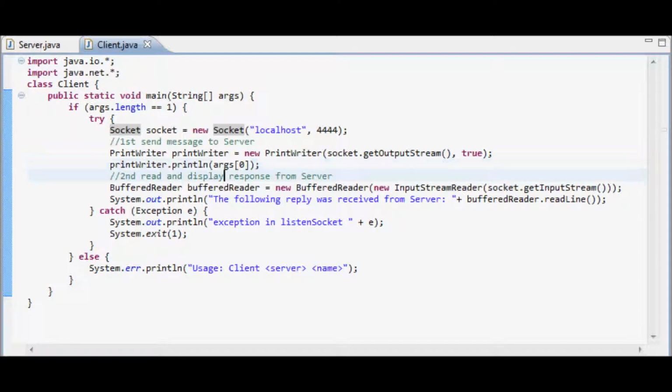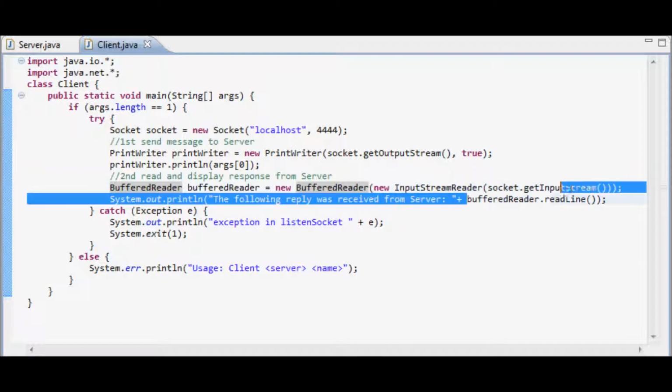And then the second thing that's going to happen here is that the client sends a message to the server. The server is going to communicate back to the client, and what we're going to do here is use socket.getInputStream, and then use that input stream instance to get an input stream reader instance, and then use the input stream reader instance to get a buffered reader instance, and then use that buffered reader instance to do a readLine on it,